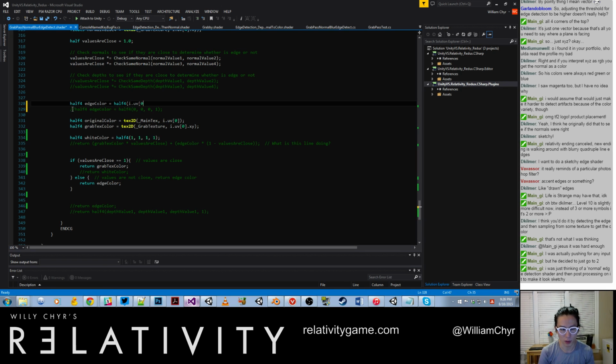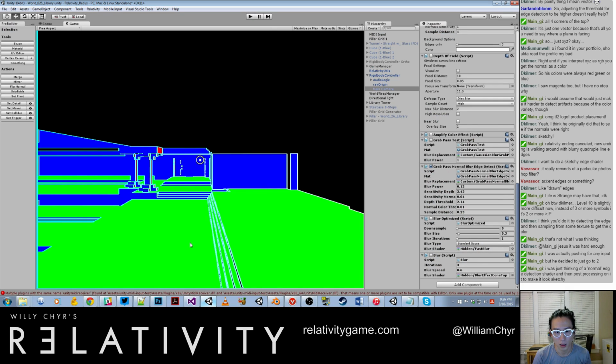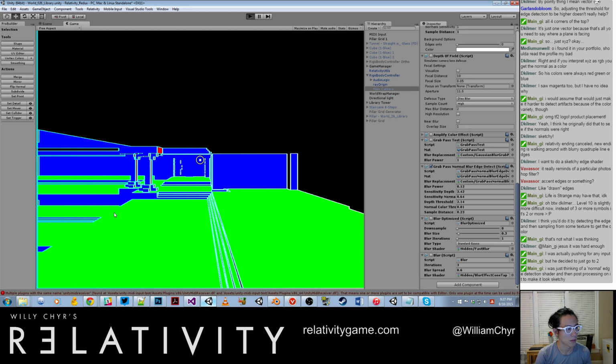I dot uv0 dot x. I think of using the x coordinate as, this might not work. So basically I wanted to blend it, but you could totally,